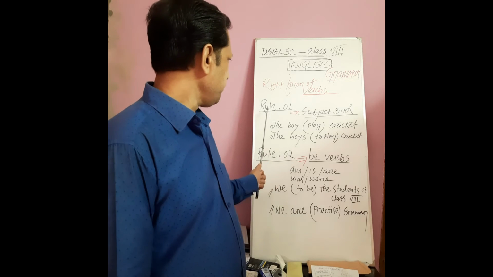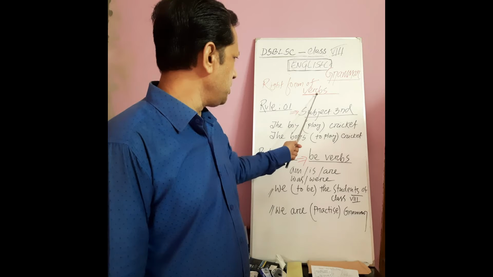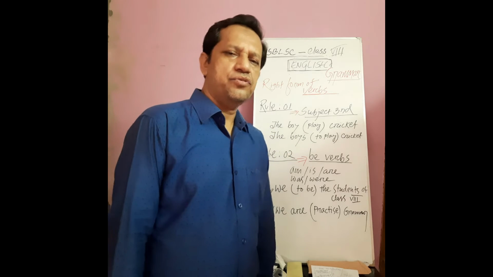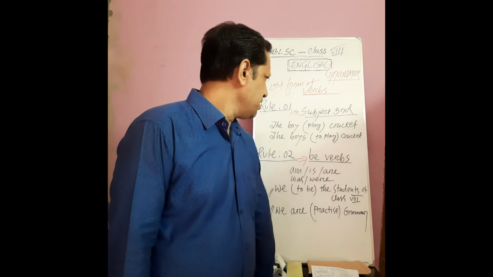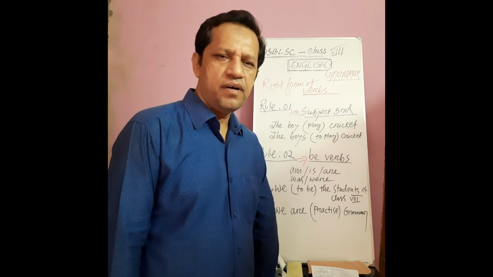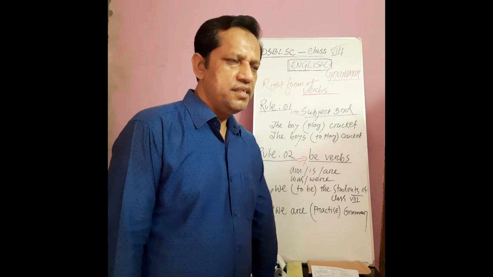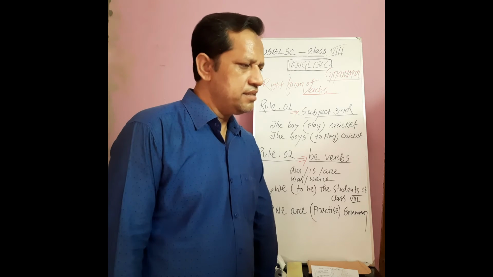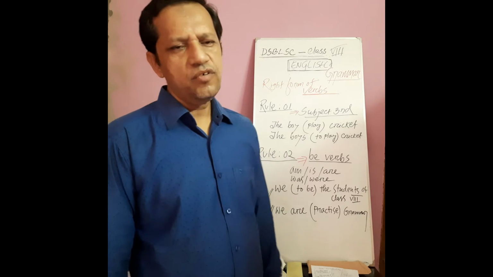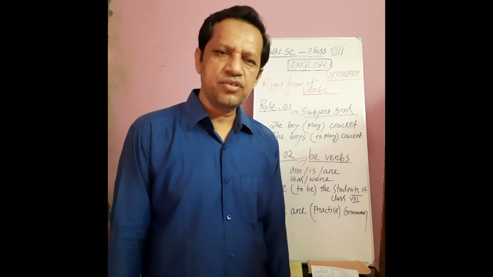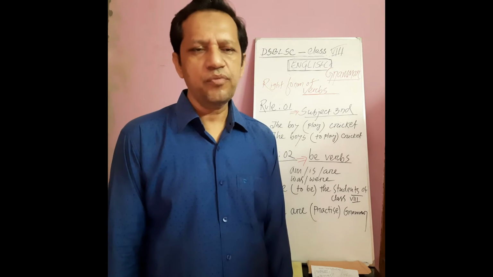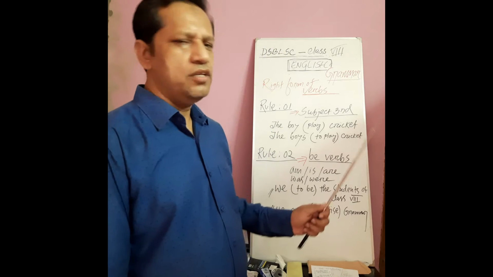Rule 1, and Rule 1 actually I like to say that if the subject of a sentence is third person singular number, then in the tense of present indefinite you have to add s or es with the main verb, and in right form of verb the main verb will be given in the bracket. Look,